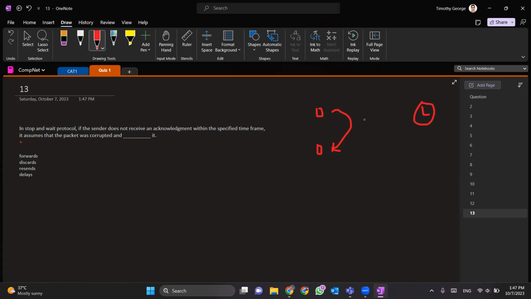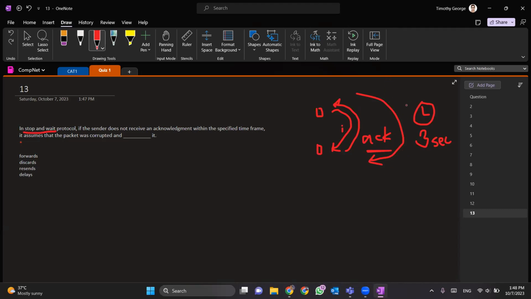So if the data was accepted, then what should come back is an acknowledgement, ACK. But instead of waiting indefinitely for the acknowledgement, it stops and waits. So there is a timer. Let's say it's 3 seconds. It will not be 3 seconds, but for this example, let's say it's 3 seconds. It will wait for 3 seconds to get this acknowledgement. And when it doesn't get it in 3 seconds, it'll send another packet. It'll resend that same packet and then wait for the acknowledgement. Once the timer finishes and it doesn't get an acknowledgement,